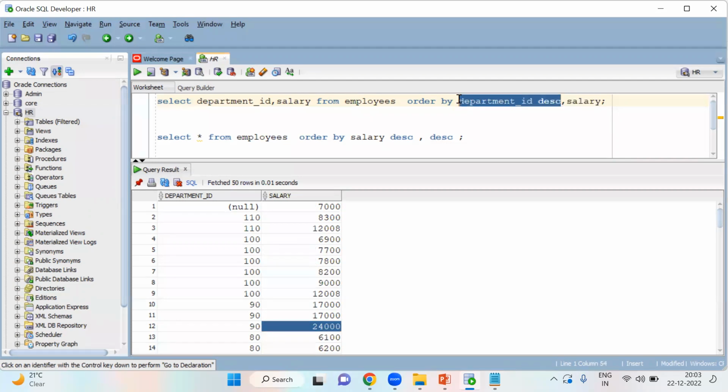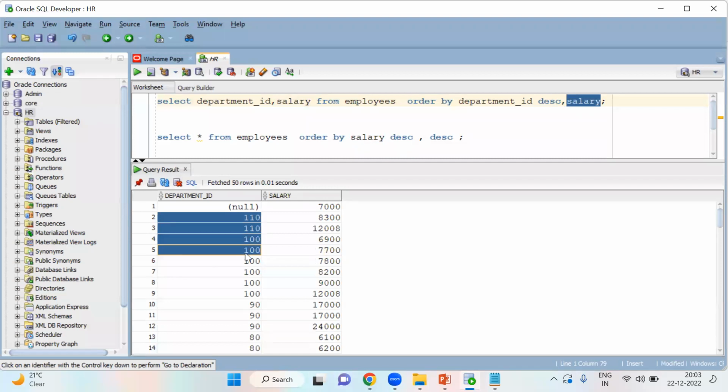First it will arrange department ID, then it will go to the salary. First it will arrange department ID, then it will arrange salary. First it is in descending order. And if you see 110, 110, out of this value, it will make your salary in